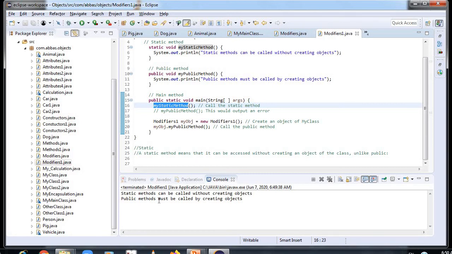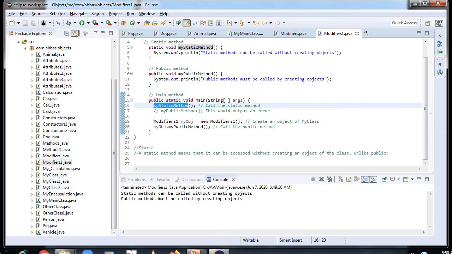A private variable can only be accessed within the same class, and outside the class has no access to it. However, it is possible to access them if we provide public get and set methods. The get method returns the variable value and the set method sets the value. The syntax for both is that they start with either get or set, followed by the name of the variable with the first letter in uppercase.